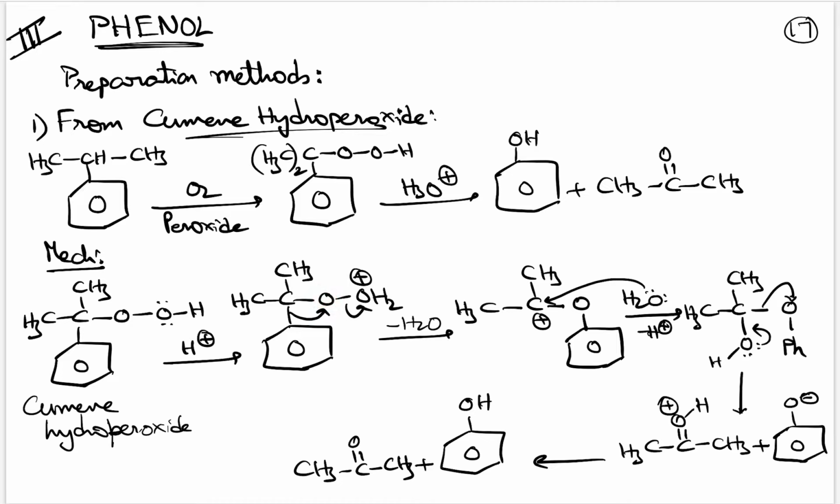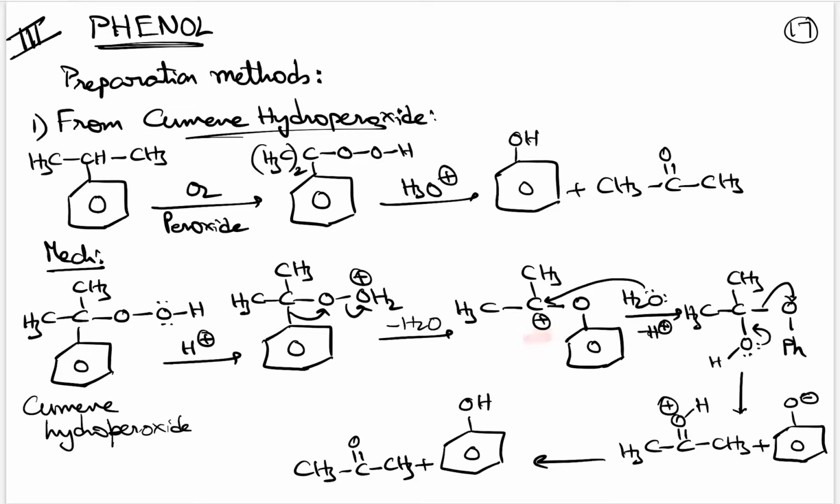Therefore, from the adjacent atom to the oxygen, that is carbon, one of the groups will migrate onto the electron deficient oxygen. But which group will migrate onto the electron deficient oxygen depends upon the migratory aptitude. Phenyl has more migratory aptitude than alkyl. Therefore, the phenyl group will migrate along with the bonded electrons, and now this carbon will become electron deficient. That is this one, a carbocation.